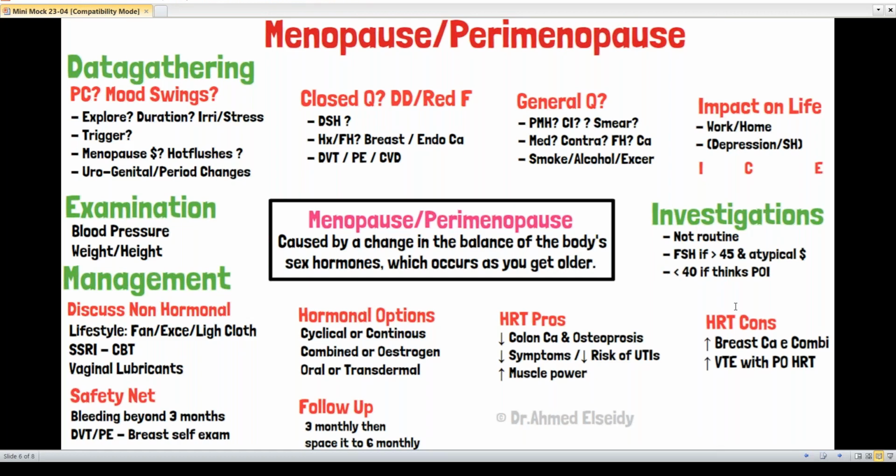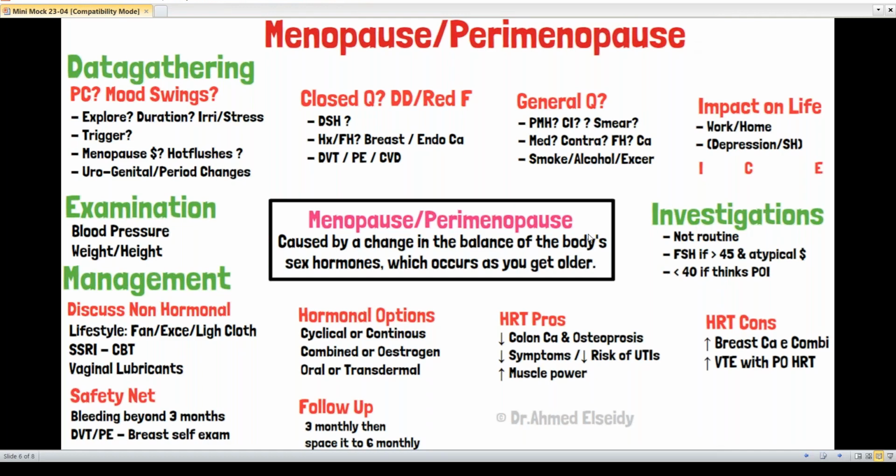Very well done. You can offer counseling, but if you see my management, counseling is only one point among a lot of options. I don't have to only mention that. I give options and she chooses. She can also use vaginal lubricants to try. And as well, there are other options which contain hormones that can help with your symptoms, or help replace the missing or dropping sex hormones. So for hormonal options, will you be interested to know about them? Yes, doctor. We can give you the combined pill as an option to help balance your sex hormones, or we can give you what we call HRT.